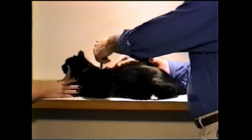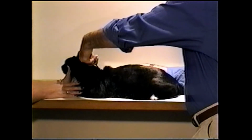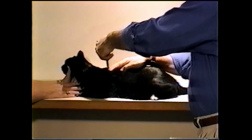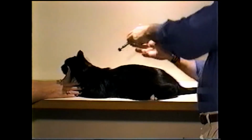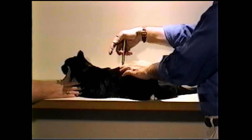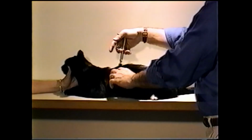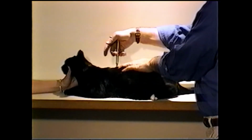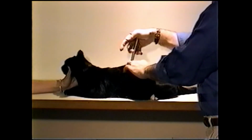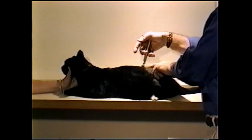Okay, so here is 6, here is 7, here is 8. And sometimes, if we're really worried about 8, we'll go all the way back to there. Then we'll go T1, T2, T3, T4, T5, T6, 7, 8, 9, 10, 11, 12, 13, and here is L1, L2, L3, L4, 5,